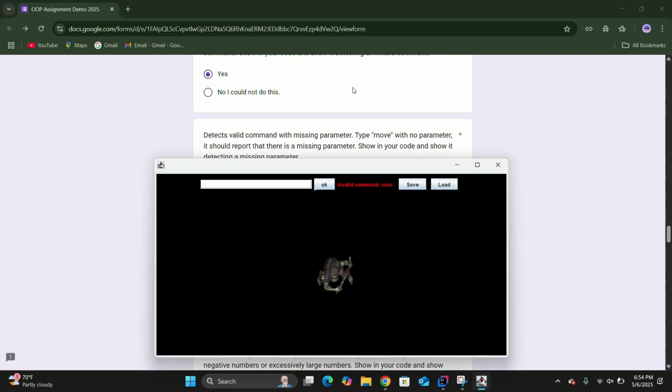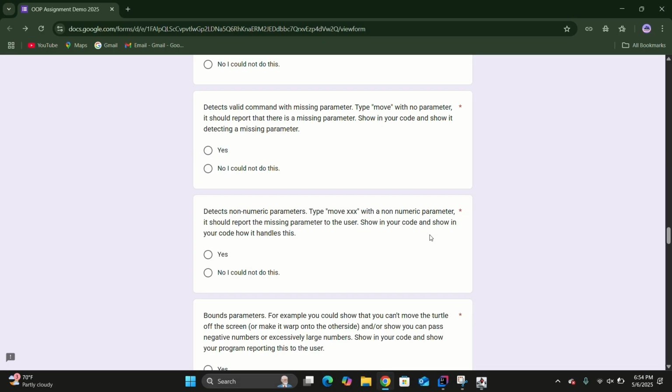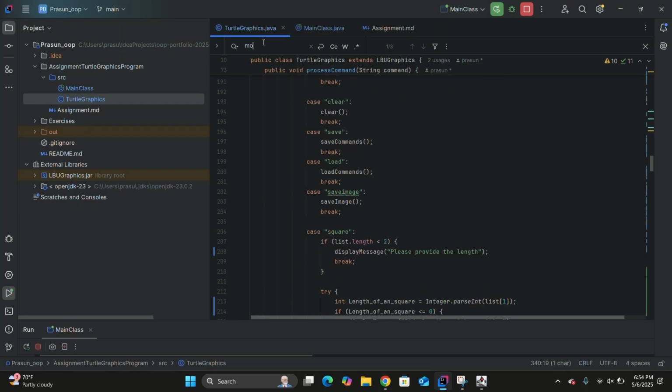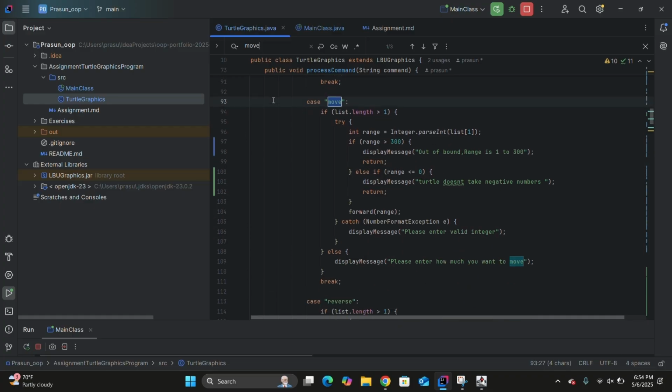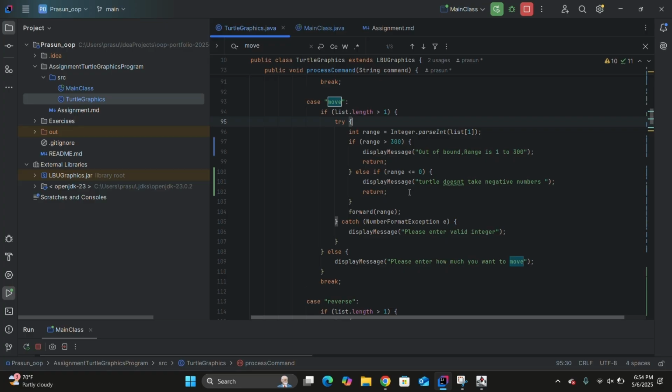So when I type move but with no parameter, it asks me to enter a parameter: please enter how much you want to move. This happened because, well, let me just show you my move. In this case, this block of code is going to execute when I enter,